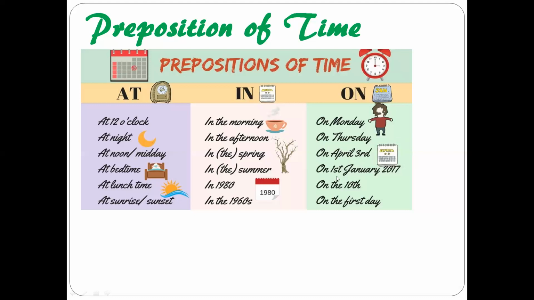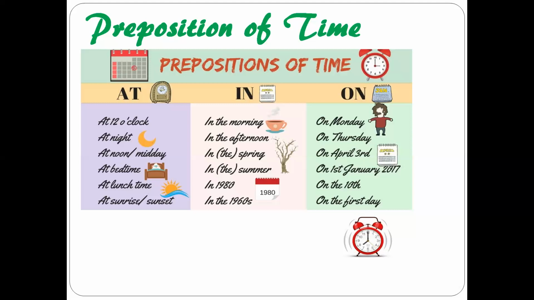And similarly, if you are using date, month and year together, then also we make use of on. It is also used with the date of the particular day you are talking about. On the 10th of this month, we will have a meeting. Or on the 15th of this month, we will have a UT, or a surprise test. So when you are talking about a particular date or specific day, then also we make use of on. And with words like first day, last day, previous day, we make use of on.